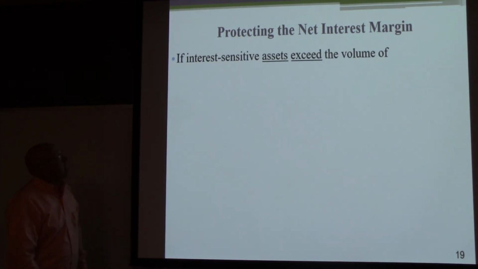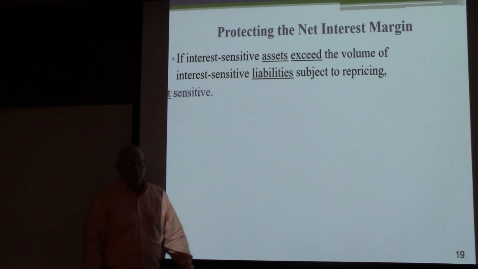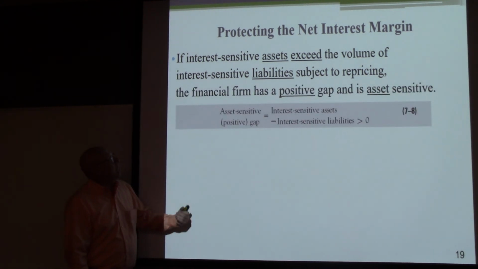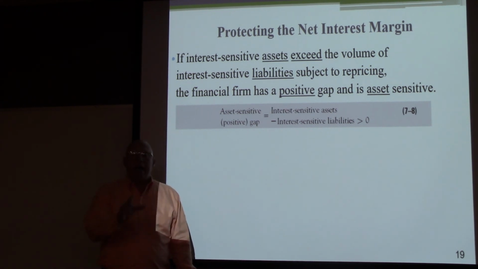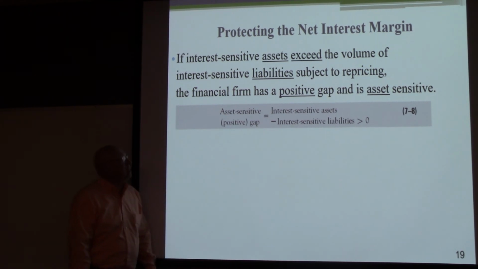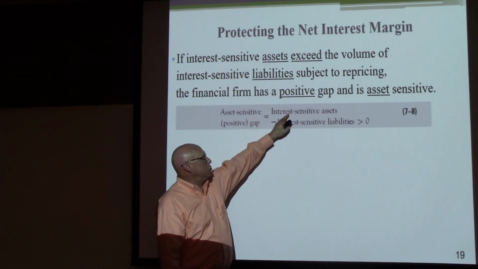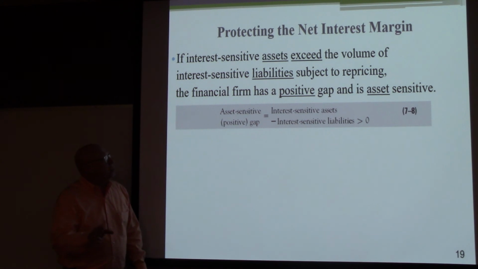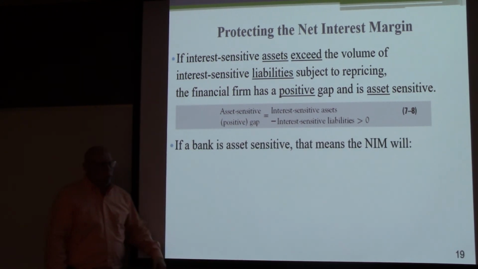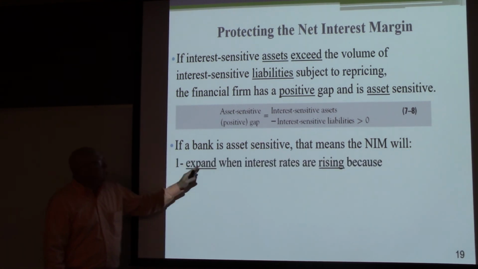All right, if interest-sensitive assets exceed the volume of interest-sensitive liabilities that are subject to repricing, then the firm is said to have a positive gap. It is said to be asset sensitive. It is driven by assets. Okay? Asset sensitive. So interest-sensitive assets are higher than interest-sensitive liabilities. Okay? So the question is, in this case, well, let's make sure. If a bank is asset sensitive, that means the net interest margin will expand when interest rates